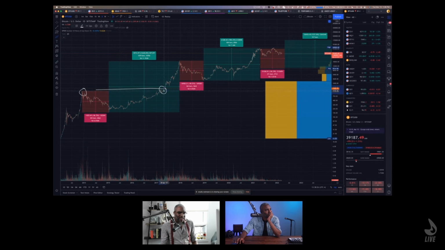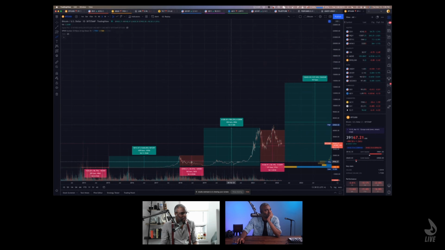But that wasn't a bad time to buy, right? Because then you still had a huge part of the move coming up. If you bought it over here in 2018, and you have to hold all the way till it got back up to where it was 2 years later, that's not so bad. Remember, this move over here that looks like such a tiny move, this move is bonkers, right?